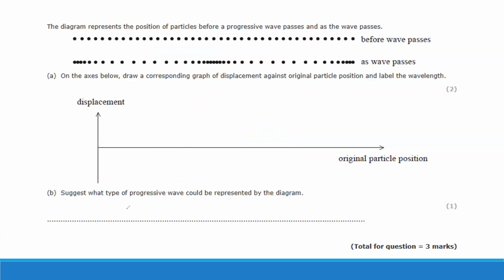Isn't it a longitudinal? Good. And how did you know? Because it moves back and forth. Good. You could clearly see that when the particles were displaced, so originally it wasn't displaced, when they were displaced to the left and right. So it's oscillating left and right, but it's also moving towards the left and right. So the oscillations are parallel to the direction of energy transfer. Therefore, it's a longitudinal wave.